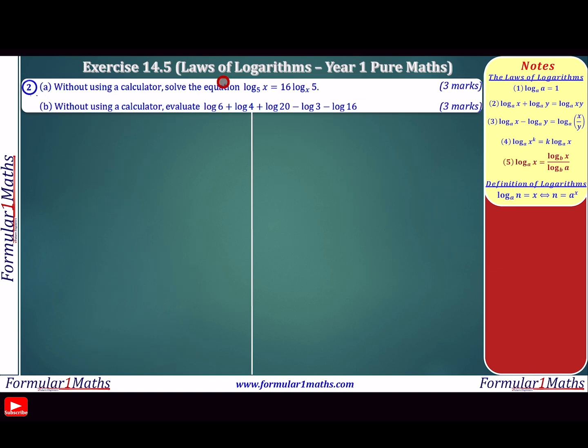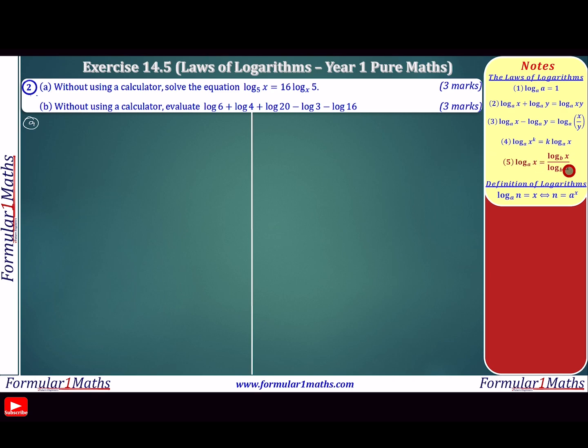Question 2. Without using a calculator, solve the equation log to base 5 of x equals 16 times log to base x of 5. B. Without using a calculator, evaluate log 6 plus log 4 plus log 20 minus log 3 minus log 16. So for A, I'm going to change log to base x of 5 to base 5 using